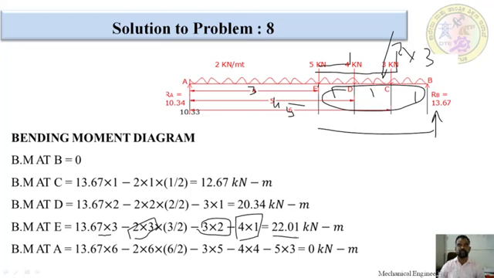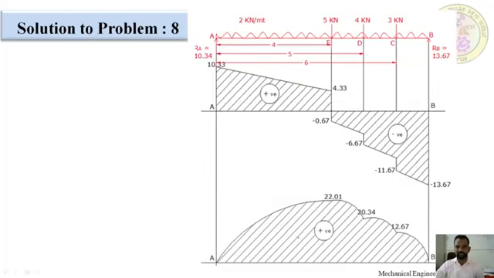This completes the calculation of bending moment. Next slide we are going to have the bending moment diagram. This is bending moment diagram. Before that, I am going to draw a horizontal line. This is called zero line, this is called baseline. First of all, bending moment at A is equal to 0, bending moment at B is equal to 0. At C we got 12.67. I have to mark it and draw with parabolic curve because on the upside we are having the beam considering